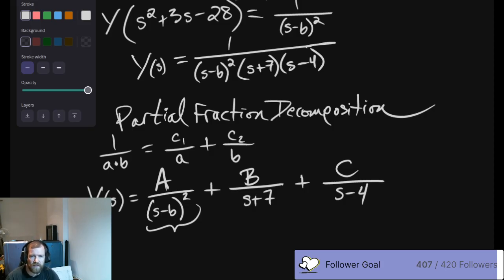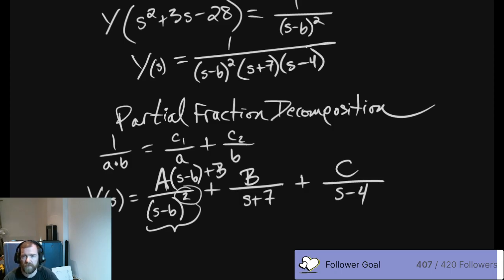So what we need to do is say, there's the possibility that whatever we've got on the bottom, because it has a power of 2, it could be reflected in 2 different ways. One is that it could be reflected linearly, and it could be reflected through a constant. So we're going to get rid of this stuff here just for a second.